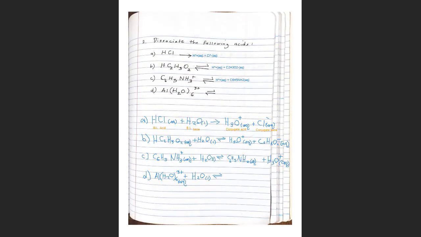Okay, so what do we get for this last one? This is probably the hardest one to do. I'm pretty sure this is a complex ion from the hydration of the aluminum cation. The formula's a little bit messy, a little bit foggy in my head, but if I recall correctly, I'm pretty sure it is a little bit confusing. I know that it is producing a hydronium ion, so